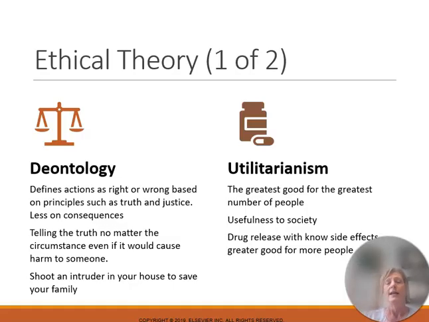Utilitarianism is a little bit different. It is doing the greatest good for the greatest number of people, and usefulness in society. And so this is an ethical dilemma for some people too, because maybe they feel like, okay, there's a drug out for this, but we only have so much of it. And so we're only going to give it to the people that are under 60, because the people that are over 60, are they useful to society? So we're not going to give it to them. We're only going to give it to the people that are young, because we only have so much. We can only do so much.